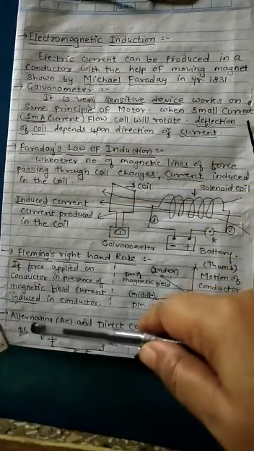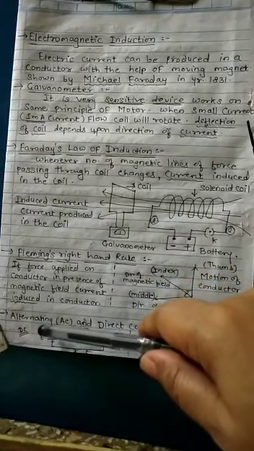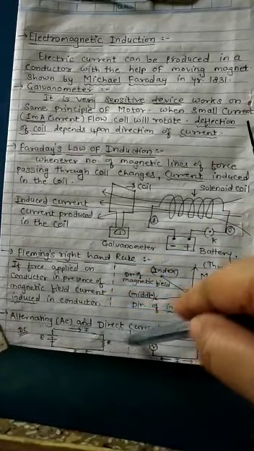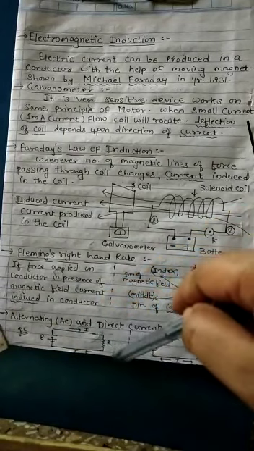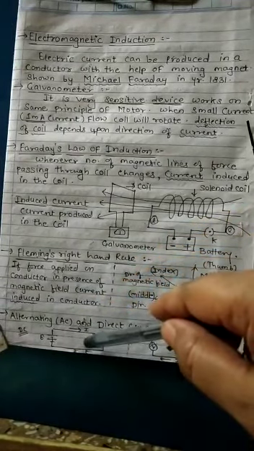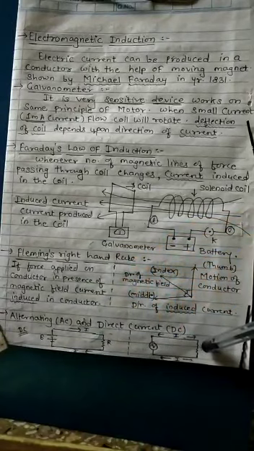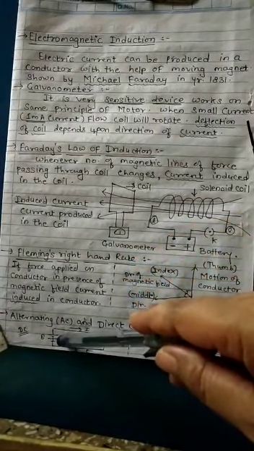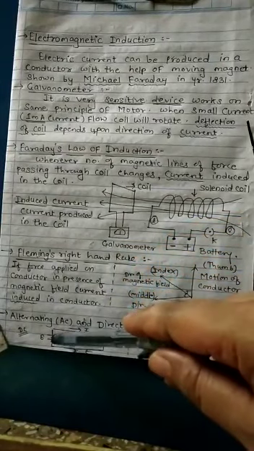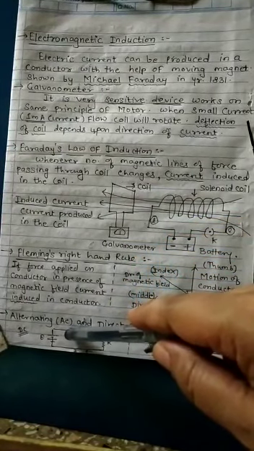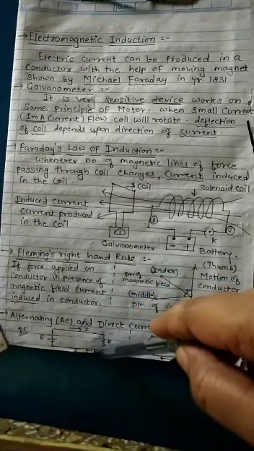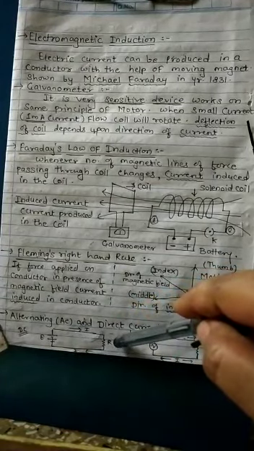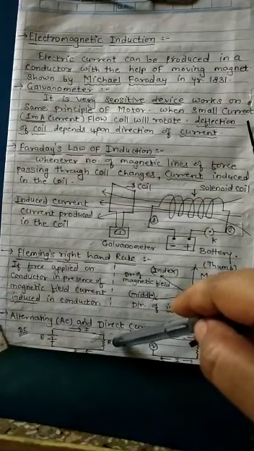Next, there are two types of current, AC and DC, that is alternating and direct current. We have to show them with a diagram. See here, this is a DC current diagram and this is an AC current diagram. In the DC diagram you have to show that a cell is connected and current is passing in one way only. See, the arrow is shown here. Current is passing in one direction only. R is the resistor, connected here.